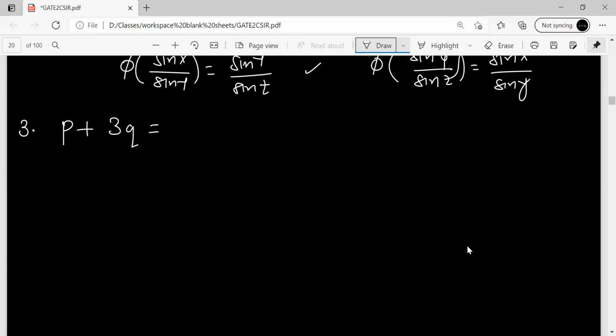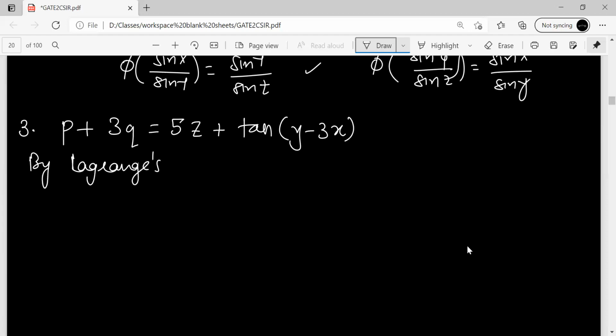p plus 3q equals 5z plus tan of y minus 3x. So we got this equation again in a quasi-linear form. So the solution would be by the Lagrange method. In the Lagrange method, you simply get